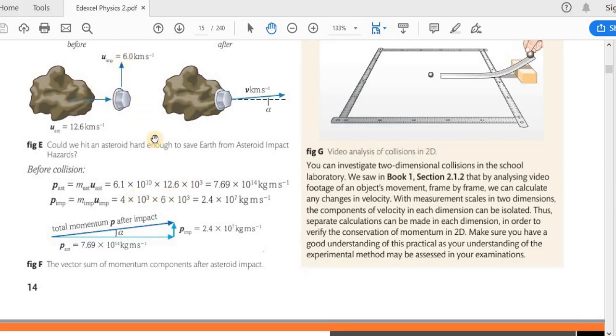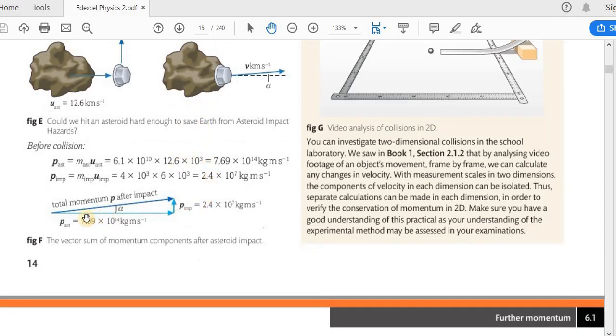Now very easy, find the total momentum after impact. So again, you can have a vector diagram like this, 7.69 into 10 to the power 14 this way, and for this it is 2.4 into 10 to the power 7. You can use the vector triangle and find this one. So use Pythagoras theorem to find this side, and that will be the momentum after impact. Both moving, we assume both move together, and again you can use tan to find the angle that it moves